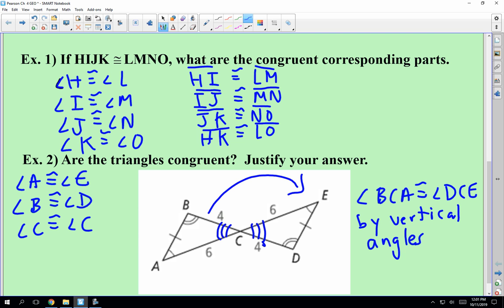And then we could even say, we probably should say BCA is congruent to DCE, because angle C, we don't know what angle we're talking about. We're going to learn this is called reflexive property if it's like that same angle equal to itself. And then the 3 sides that are congruent, we've got AB is congruent to ED, and we've got AC is congruent to DC,